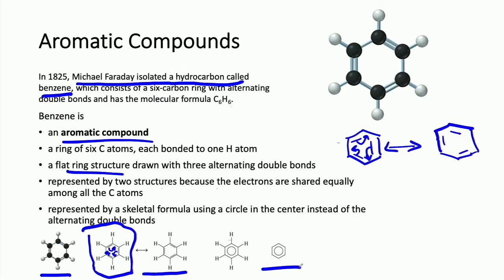That's actually the reason why this circle right here is in this line angle, because that circle means that the double bonds there are constantly moving, right? In the manner that I just drew there, where it's going around in a circle. And that's what that circle means. So those are double bonds in there, right?